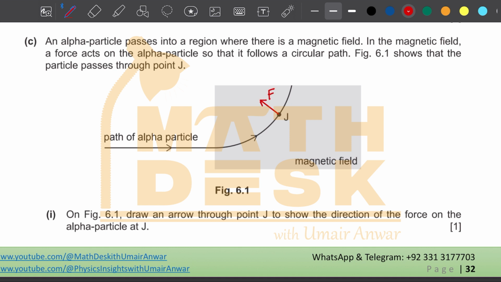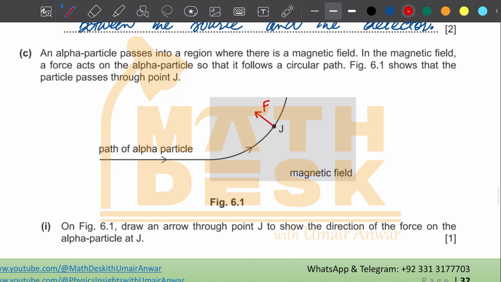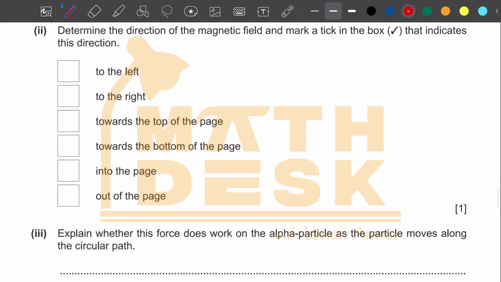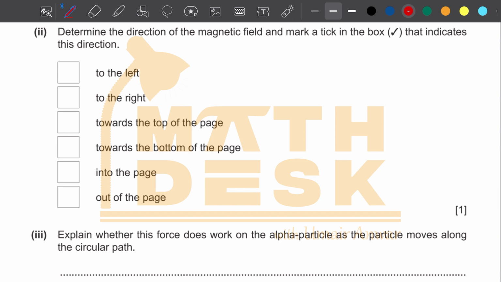The force exerted on the alpha particle is making it move in a circular path, so there must be a centripetal force acting on the alpha particle, and centripetal force is always directed towards the center of the circular path in which an object is moving. Okay, the next part says determine the direction of the magnetic field and mark a tick in the box that